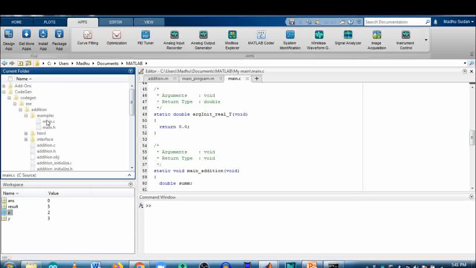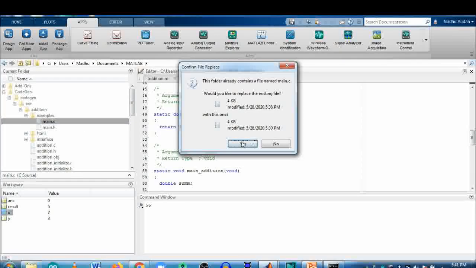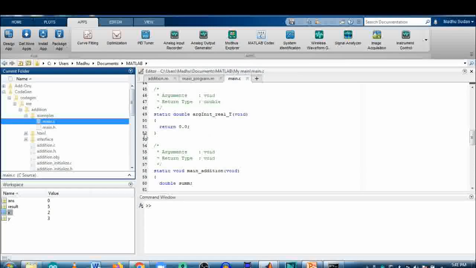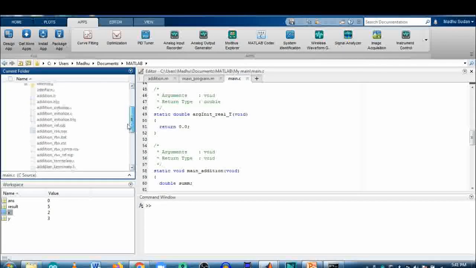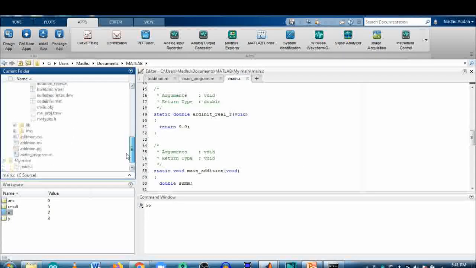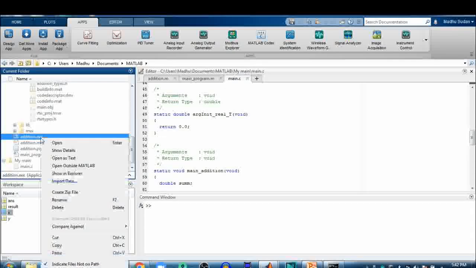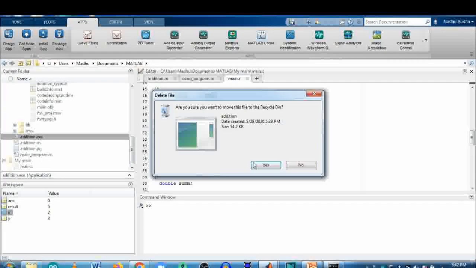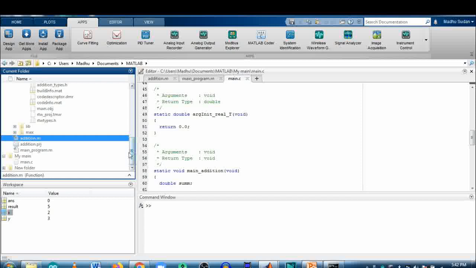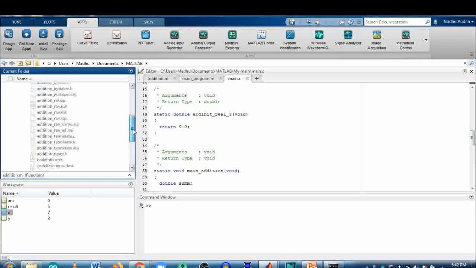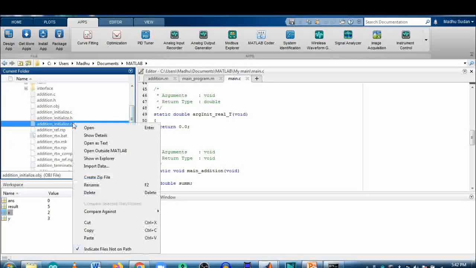Paste it on the example main file. Go to the example file, and this main will be replaced with the modified main.c. Okay, yes. Now we have to delete the previously generated executable file and also delete the obj file.